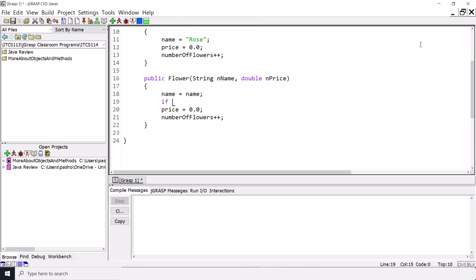So we say if n price is less than 0.0, then we will save the default value, which is price equal to 0.0. Otherwise, we are going to save into price the value for n price which is provided as input parameters, and we remove price equal to 0 here